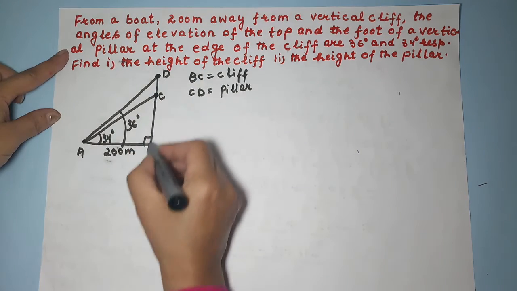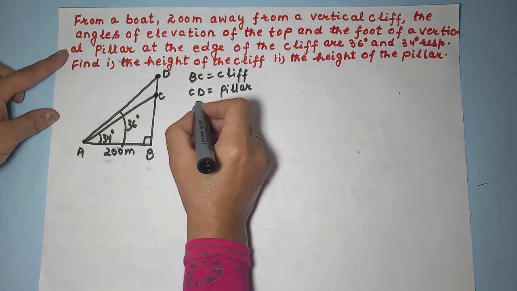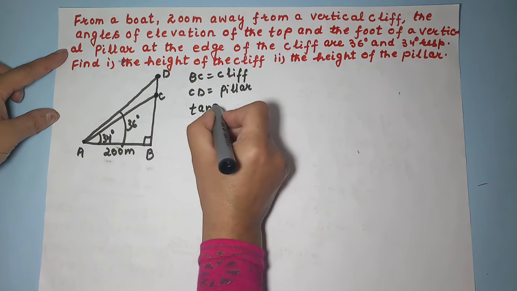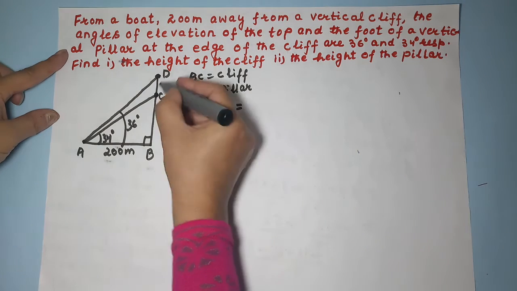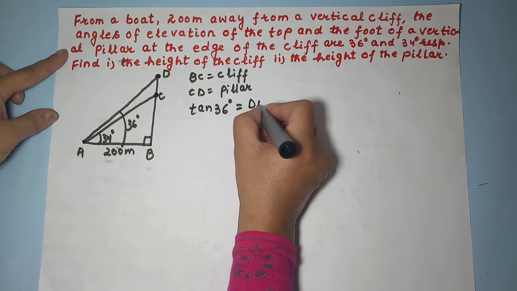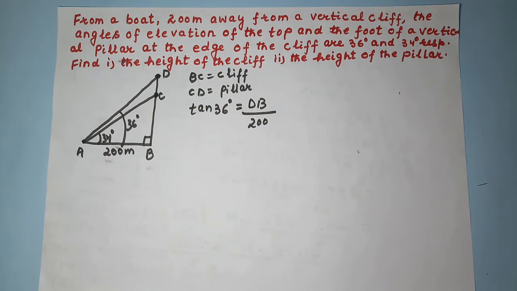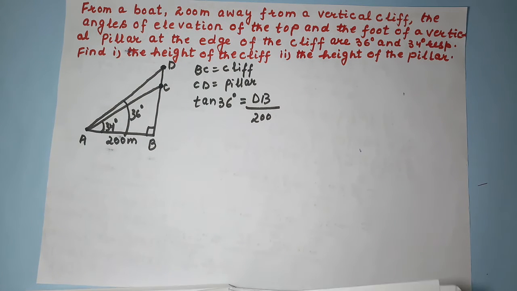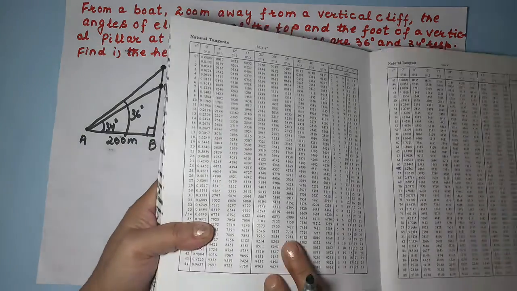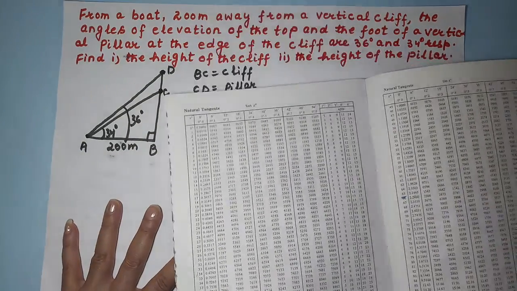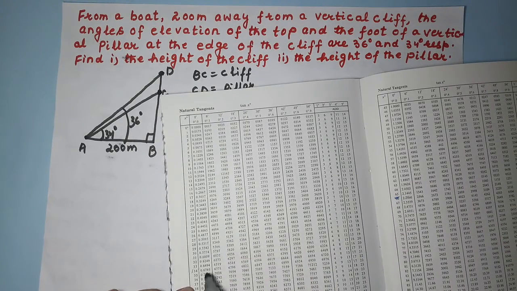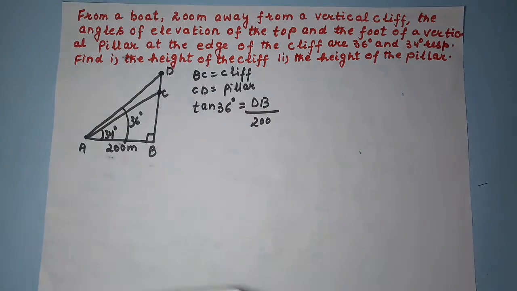I will take this triangle DBA. In this triangle, tan 36 degrees will be equal to DB upon AB. AB is 200. Now, how will I find the value of this tan 36? I know it's given at the back of my textbook. So, this is my value for tan 36. I want to calculate the value for tan 36. So, tan 36, the value is 0.7265. So, I will substitute